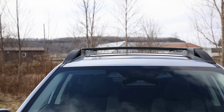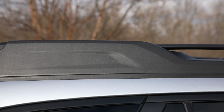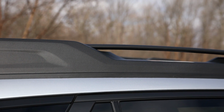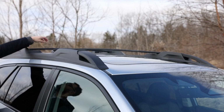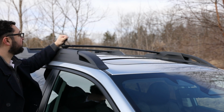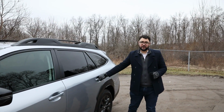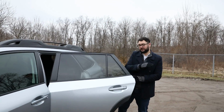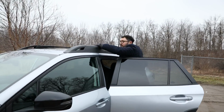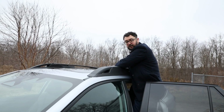In addition to that, there's also these roof rails with integrated crossbars. Every single Subaru Outback has this. Now what that means is when you need to tie something down to the vehicle in a pinch, you can just flip these over, tie it down, and get on with your day. If you need help accessing that, there's a little step here in the door sill. You just hop on over, and now you can access everything pretty easily,